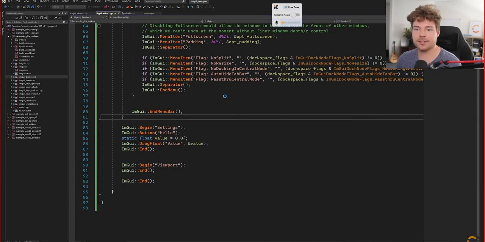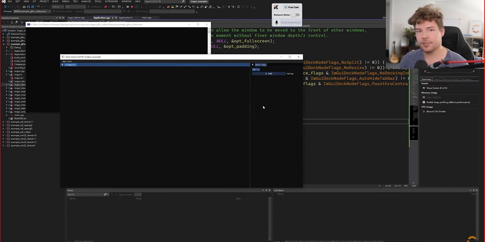And then of course if you close this and then reopen it, it's going to save all the layout, and that gets saved inside an imgui.ini file. So it's basically ready to go. It's such a simple thing. And